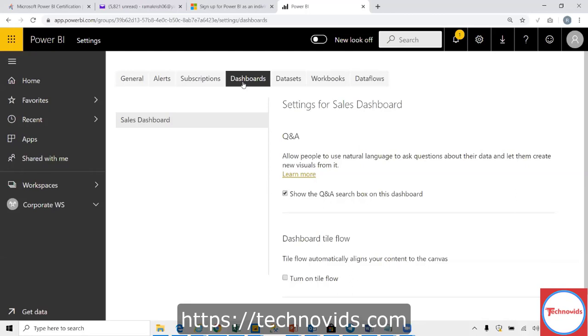So my Power BI is intelligent enough to link with the database, pull the data, and throw the visualization, because I have already fixed that I want it in a bar chart or a pie chart.